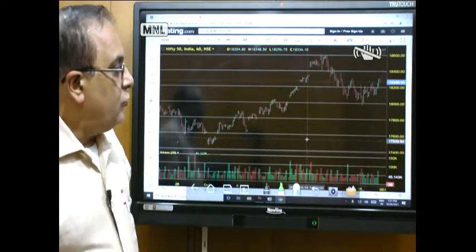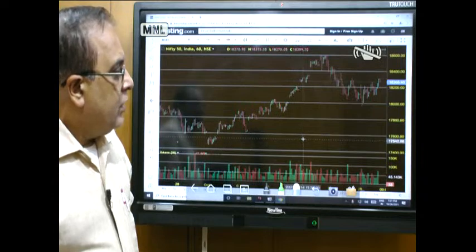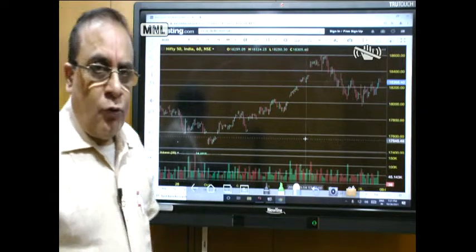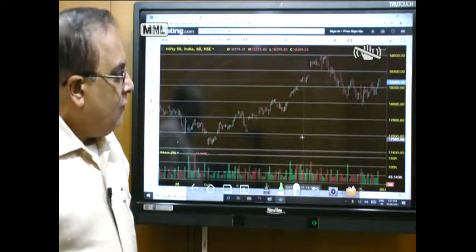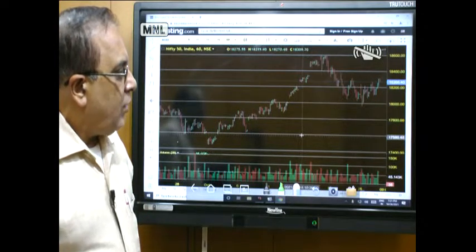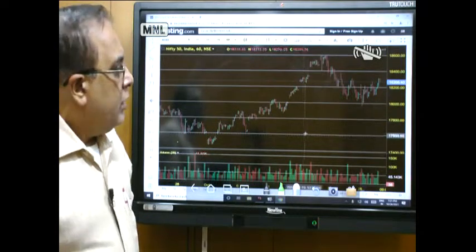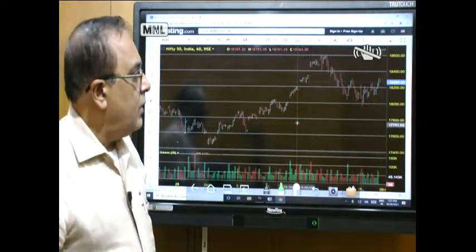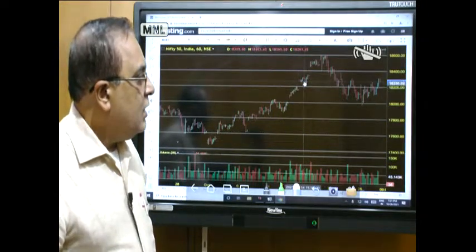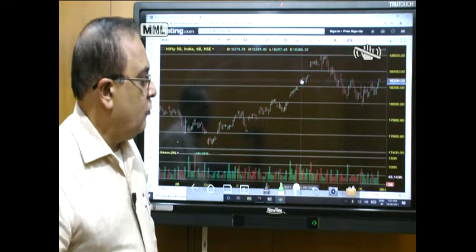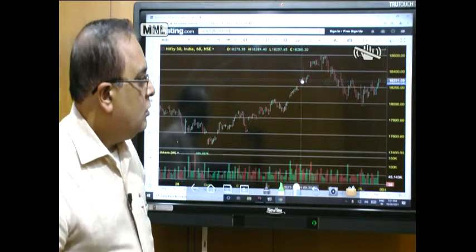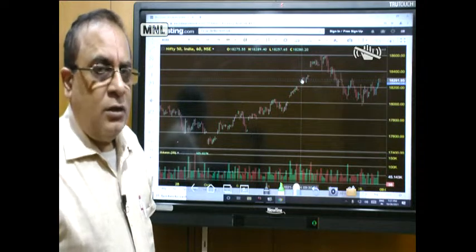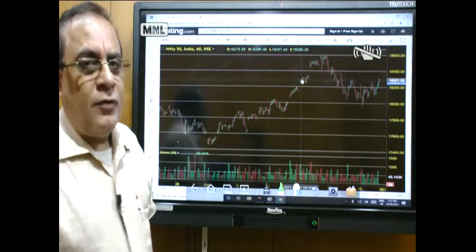But what happened here also, if you see, the rally happened only in the last one hour or so. After the gap up, definitely there was a pause. So in this particular case, you can decide that if it starts going above the first hour high, which is this particular high, then in that case you can go long. You can just go long because there is a continuation of the rally.